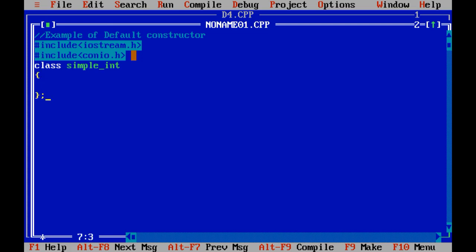Inside simple interest class I am going to take three integer variables. Remember one thing over here, I have taken integer data type. Suppose you want to take float data type, you can take it, there is not an issue. Right now I have taken integer, then public. Let me correct it, let us take float data type only, because the answer may come in the fraction part.